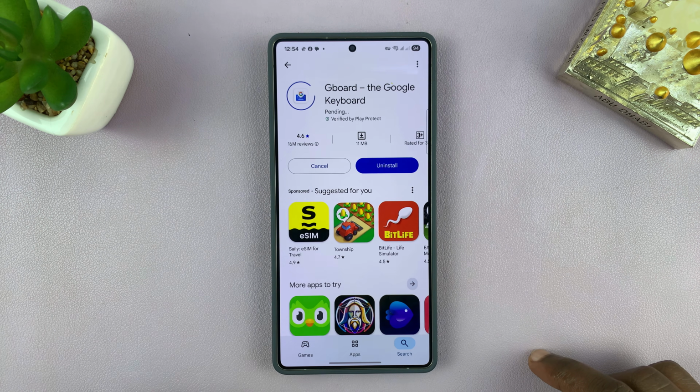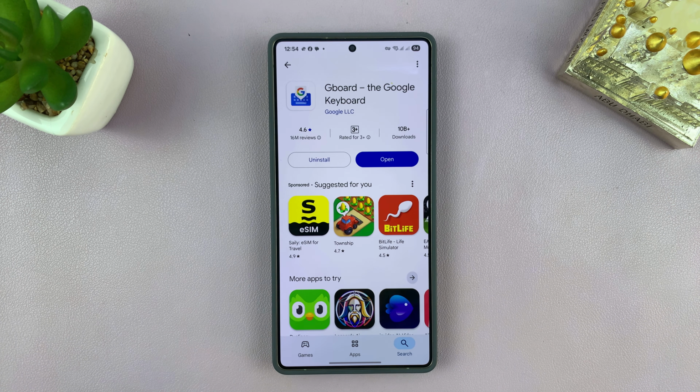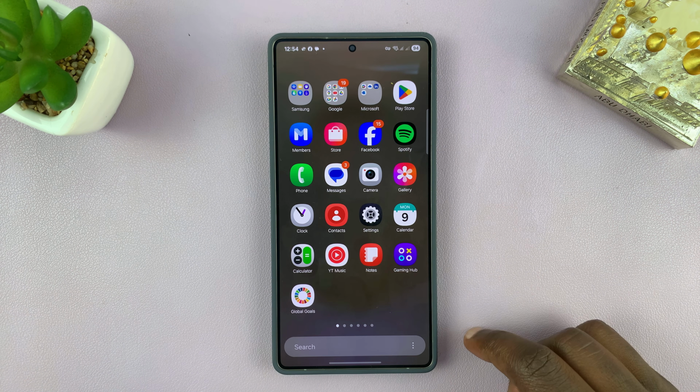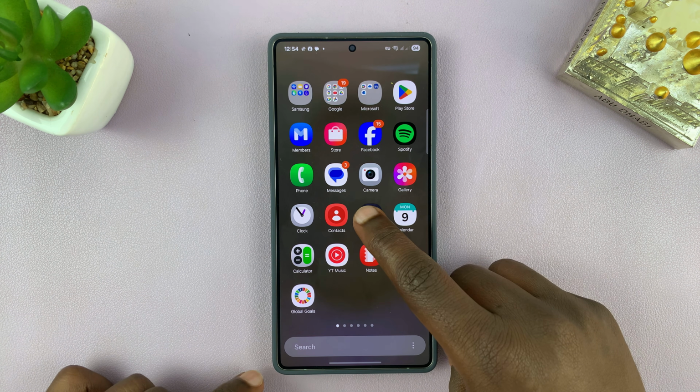find it and get it installed. So mine is already installed. I just have to go and update it. But normally it doesn't come pre-installed on your phone. You have to go and actually install it. Now, once it's installed, all you have to do now to make it the default keyboard is to go to